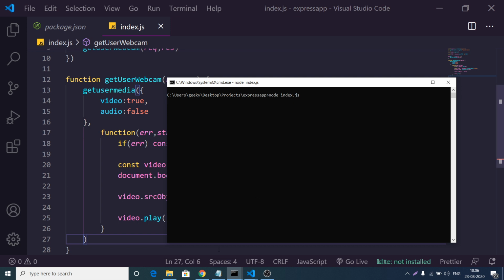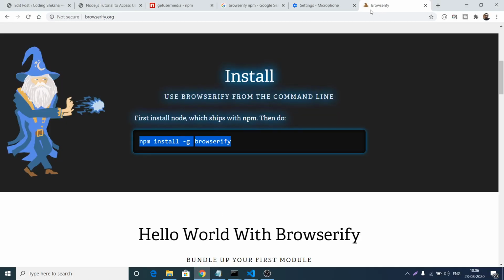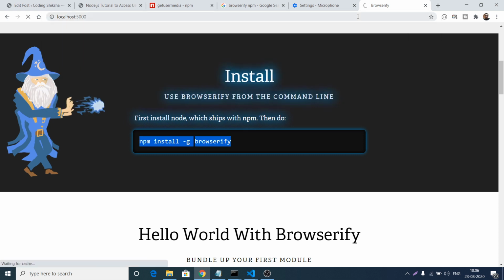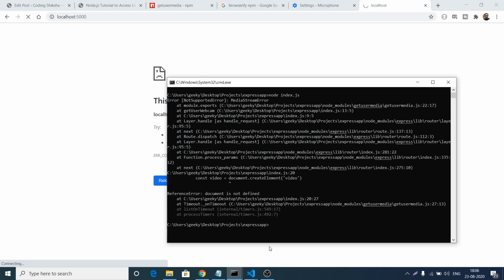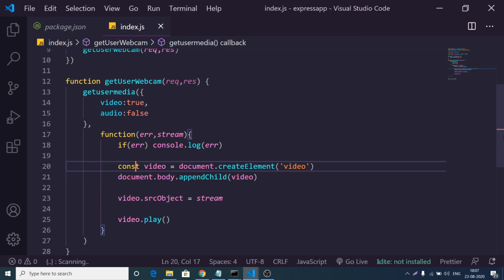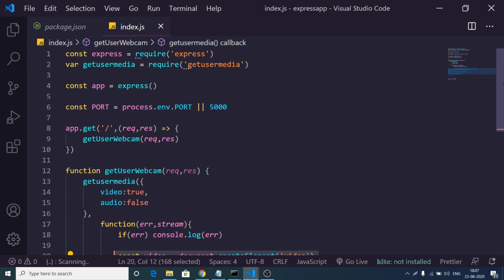It will start the application on port, I think, what is the port that I have given, 5000. So if I go to the localhost, it is saying, oh sorry, this needs to be, I think, for this purpose, guys, we also want a view engine.